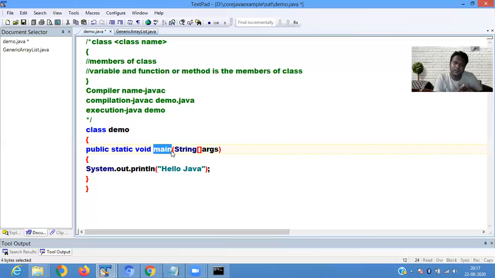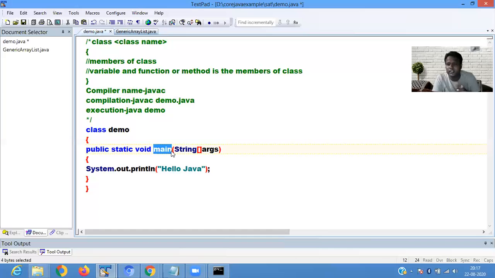Void is a return type. So when you call a function, what does it mean? It contains a set of instructions which are executed and give us some kind of output. So when you execute a function, it returns some value. In the main method, all the program is executed. So there is no requirement that the main method will return us some value. As the main method is not returning any value, then what is the return type?